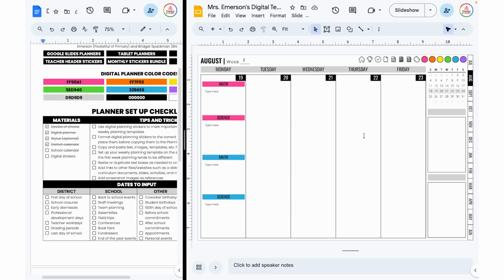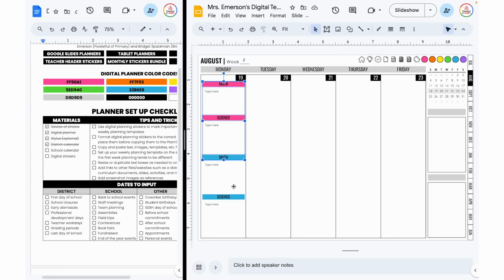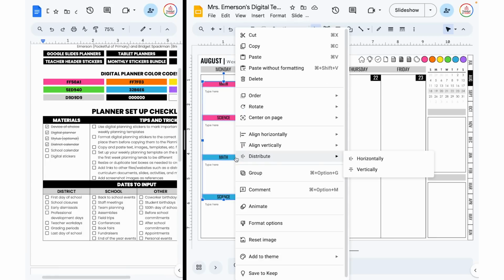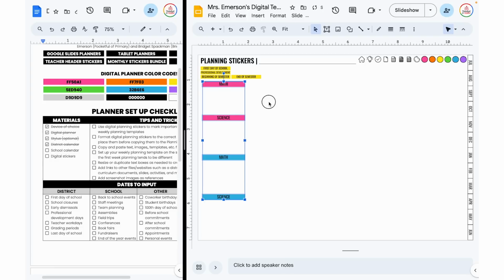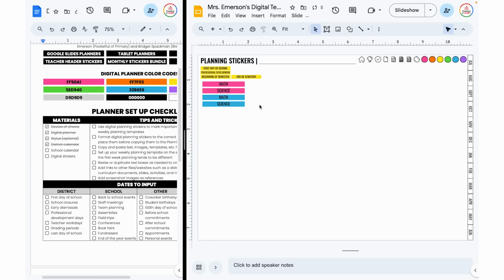then also across the weeks just by selecting them, copying and pasting. But once I have these header stickers, the size and everything that I want, I'm gonna hold down Shift as I click each one. Just so that I have them for easy reference, I'm going to put them on my stickers page. So you'll notice these are a different size than the other ones, but that's because I'm going to be using them on my weekly pages, not on my monthly pages. Hopefully that makes sense. And I might even create different sections, like these are my weekly pages, these are my monthly pages. So I'm gonna work on this a little bit later